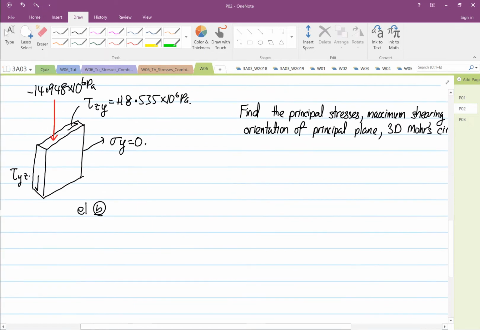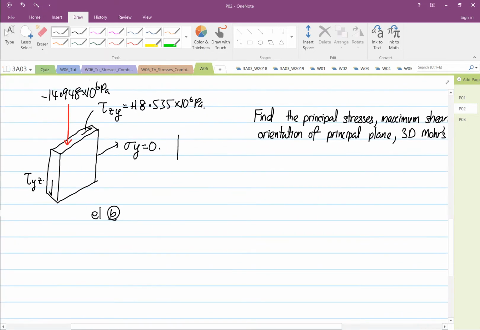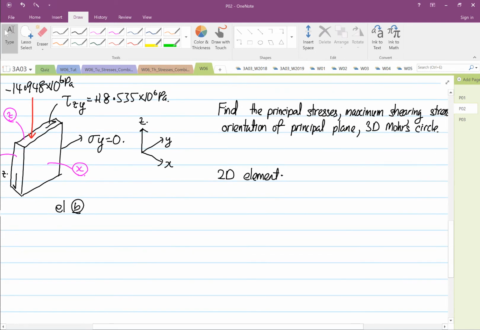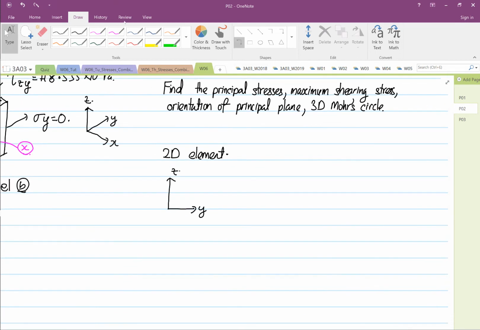Okay, now, if we base on our orientation, we know that this is X, and this is Y, and this is Z. So we will label this face as our Y face. This is our Z, okay, and this is our X. So let's focus on 2D first, okay? Let's look at the 2D element. So we're going to sketch out a 2D element viewing in the YZ orientation. Okay, so this is our YZ orientation. So when you draw that,